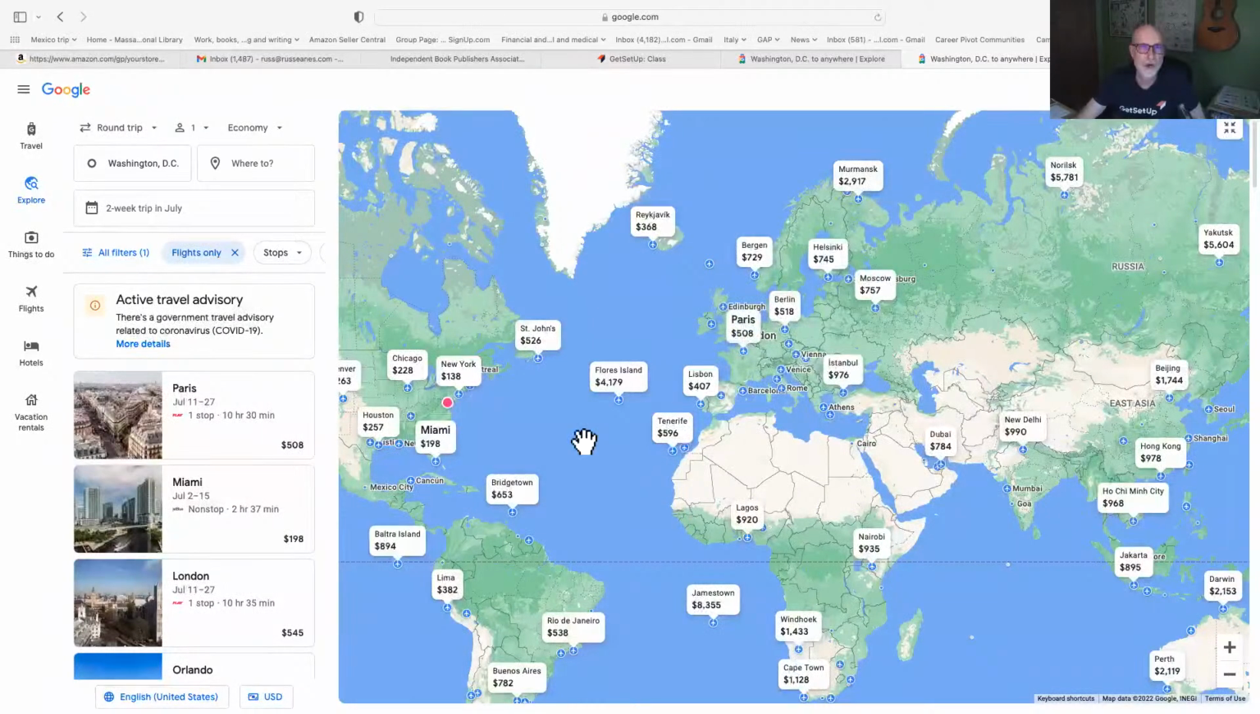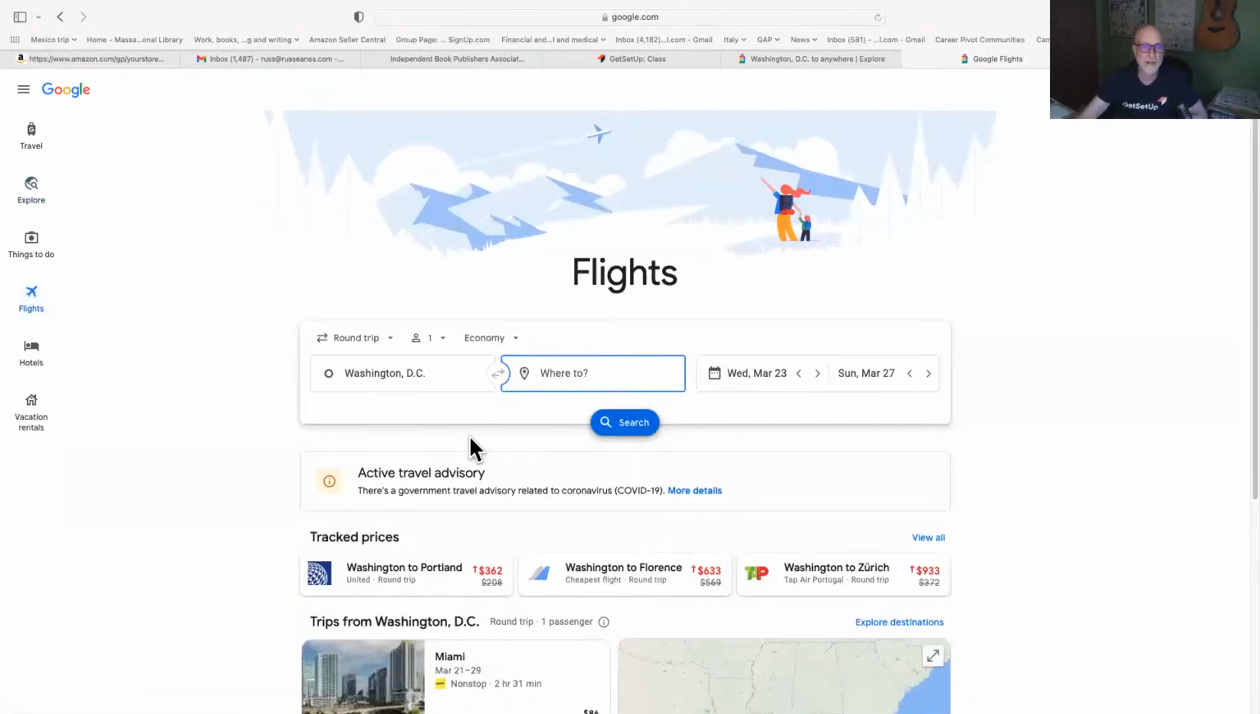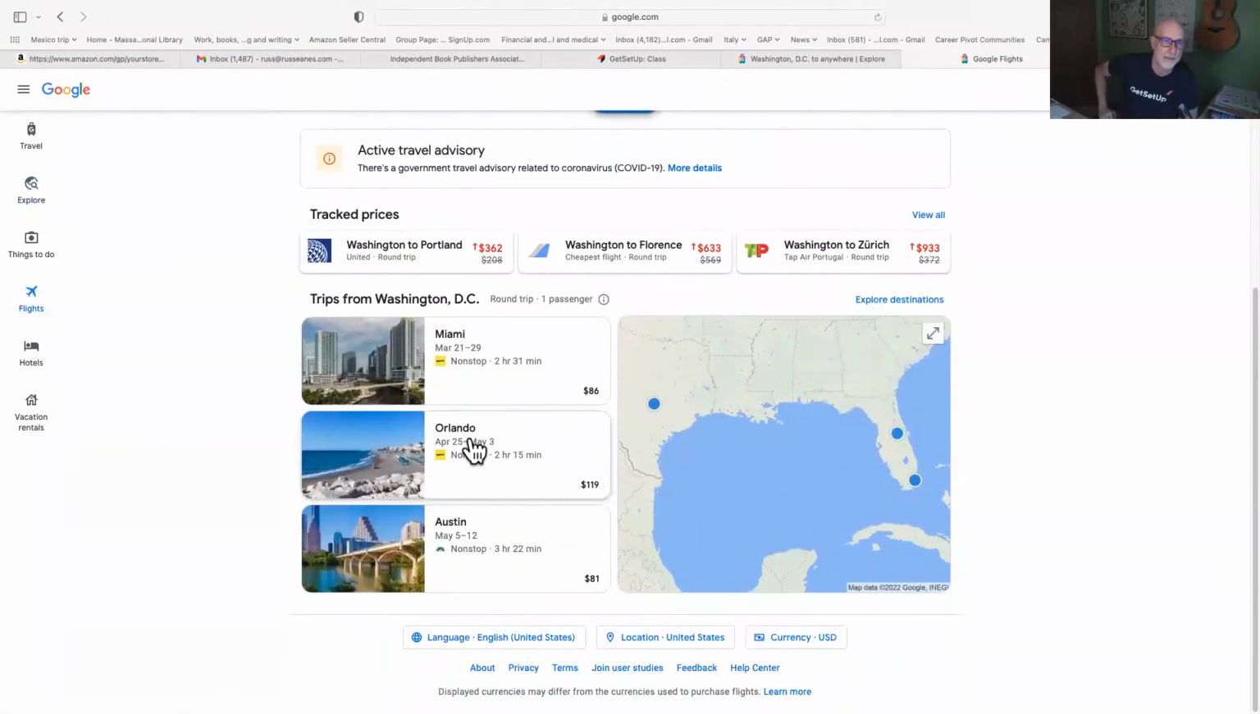Okay. So let me go back now to Google Flights. Let me just ask any questions about this dream mode. And this comes about because Google Flights knows where I'm